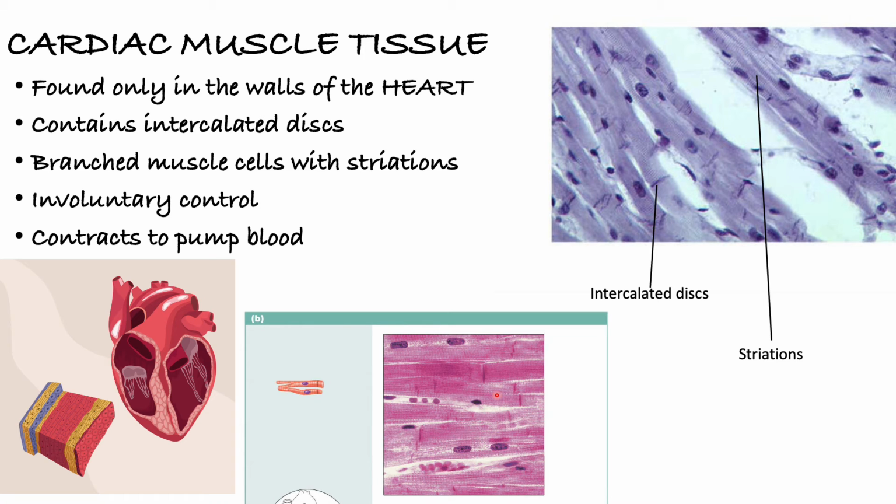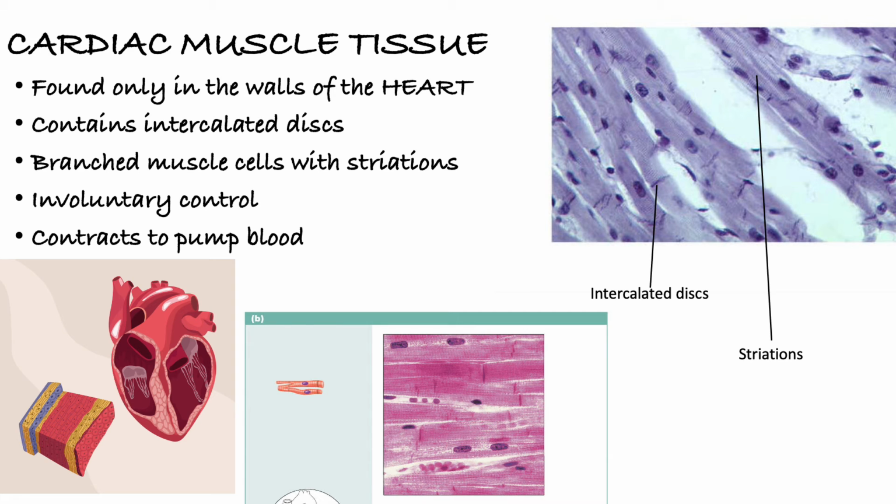A lot of students expect the same ones they've seen in skeletal, and they say, well, I kind of see it. They're faded striations, not as prominent as in skeletal muscle tissue, but they're there. Like I said, they're under involuntary control, and their job is to contract to pump